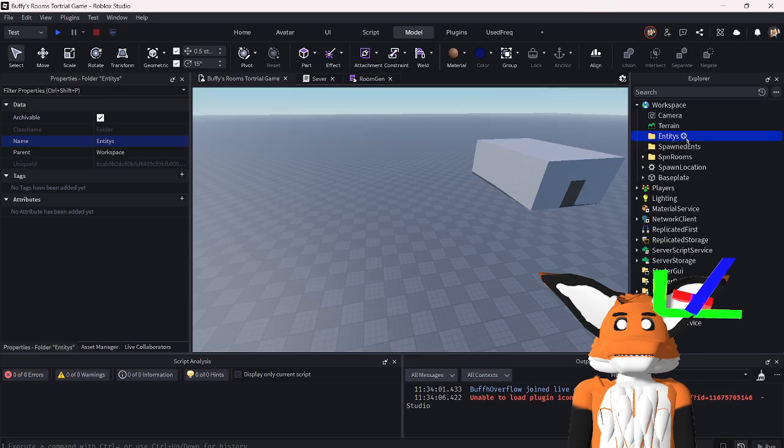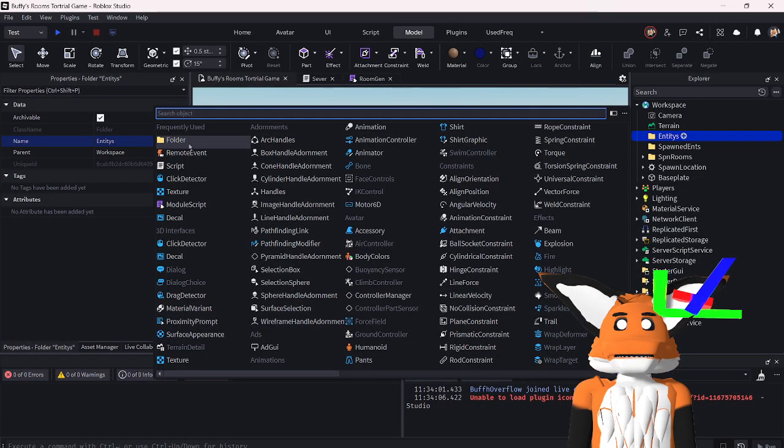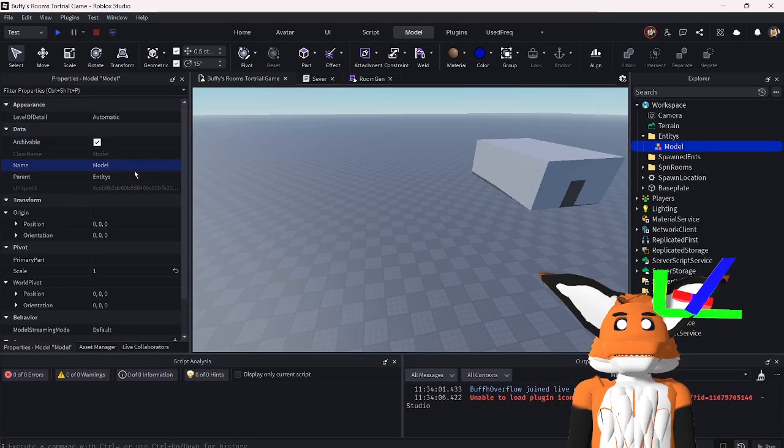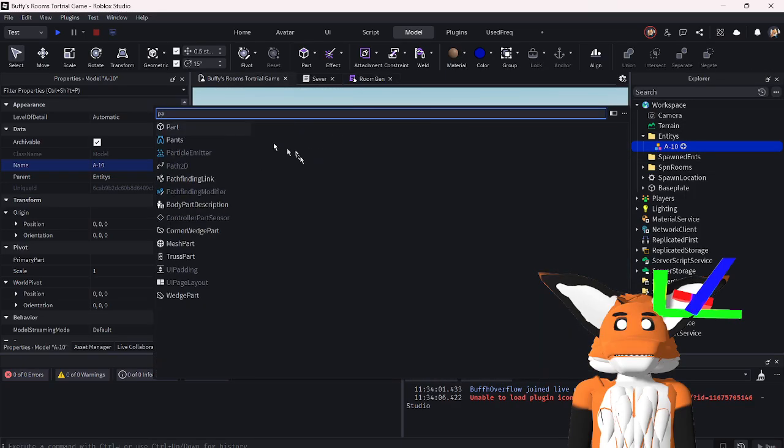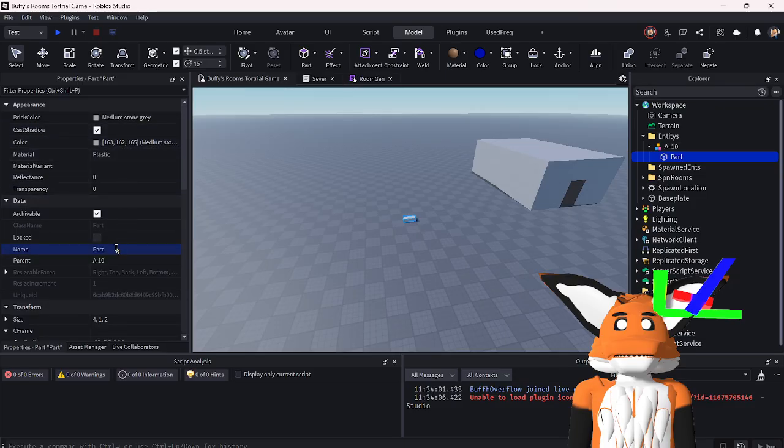And then we're going to add a model in model. We're going to make you a humble A10, like A10 from Interminable Rooms. And then a part. We're going to call this